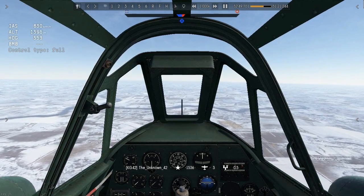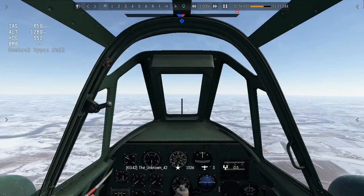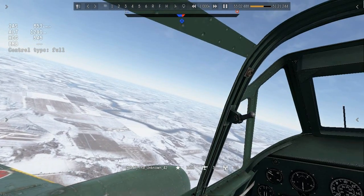Mr. Unknown is again left with a very low ammo count. And if you look at the top of the screen, you will see that ticket counters are both low for both the enemy team and the friendly team, but they're still in favor of Mr. Unknown's team. So what he wants to do at this point in time is get back to the airfield, refuel